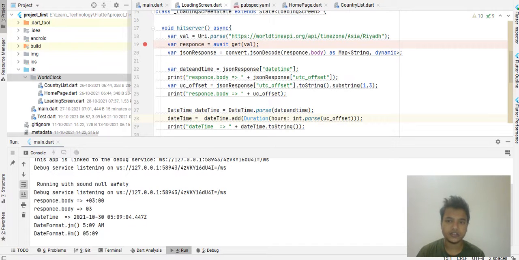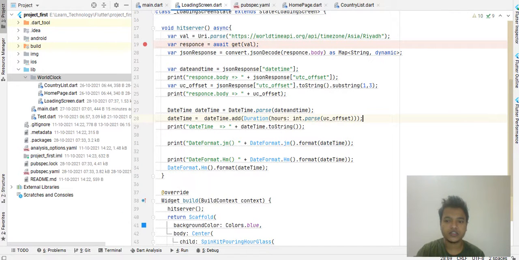In this Flutter series we already saw several things, and now we are focusing on how to make a world time application, where we can display and check the time of different countries according to a list, or according to the API that provides us the information about the world time.